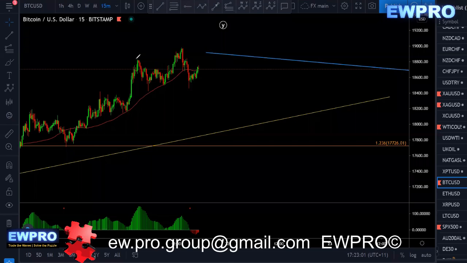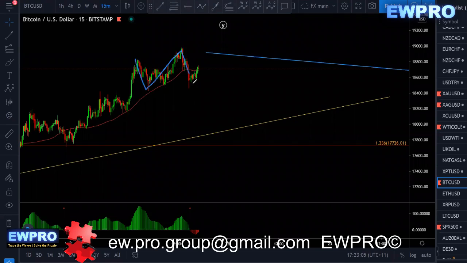So you have to be careful of this A, B, C, and it goes up and breaks the top. So you still have to be careful of that. But, you know, if you do get a break of the trend line in here, a little flag or something, you know, you can look for that sell. I'll be more inclined to sell this